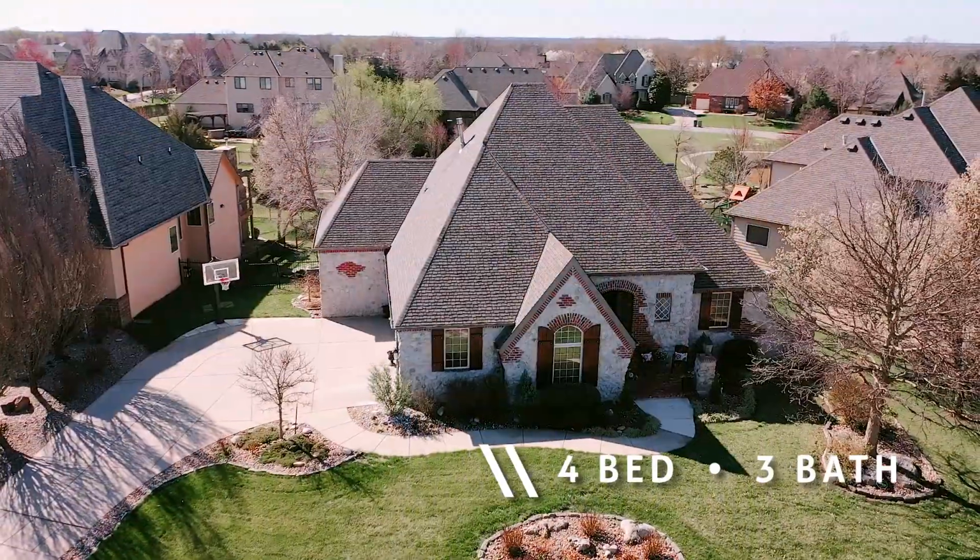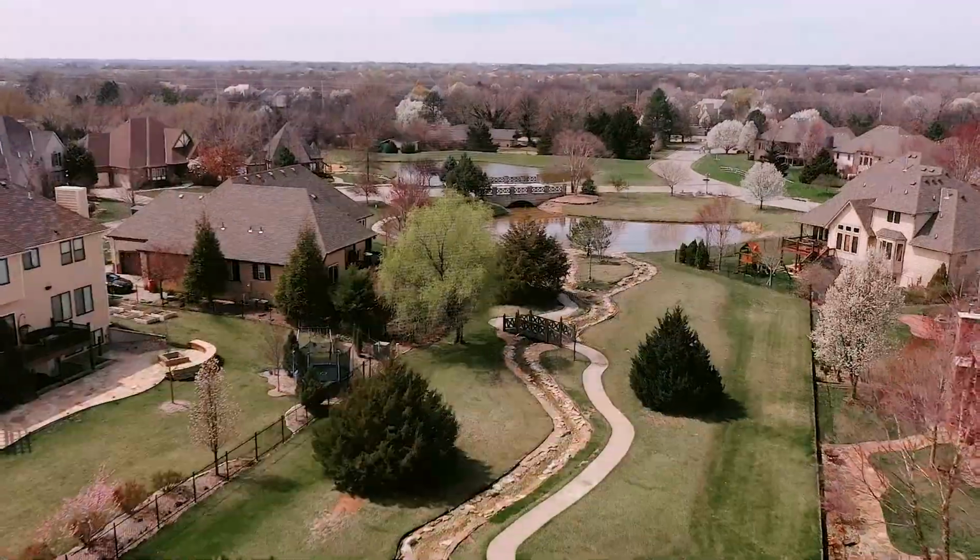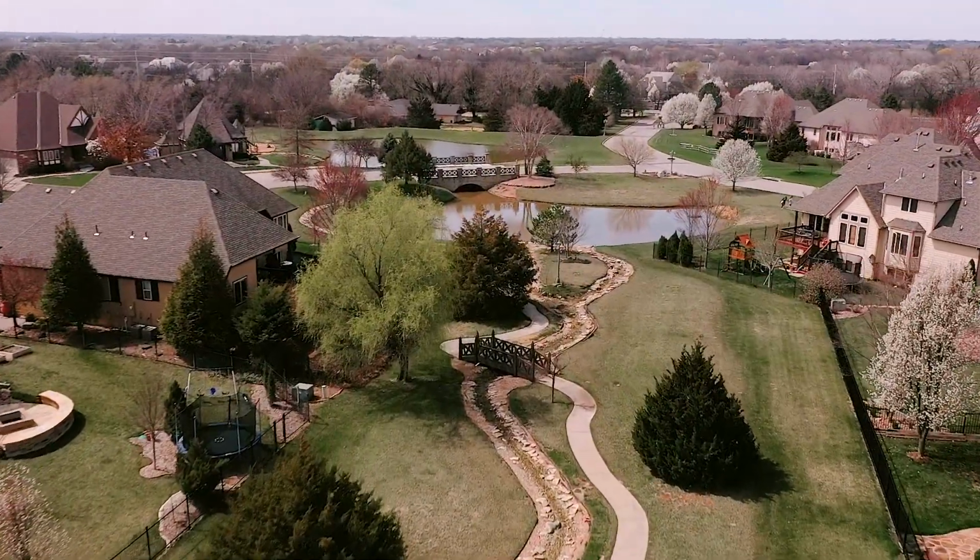Welcome to the virtual open house of my listing at 1431 West Chaumont Circle in Chateau in Andover. This home was built by Bob Brown in 2003. It's only had 2 owners. It's a 4-bedroom, 3-bath, 3-car side-load garage that backs to a commons area with a walking path and a winding